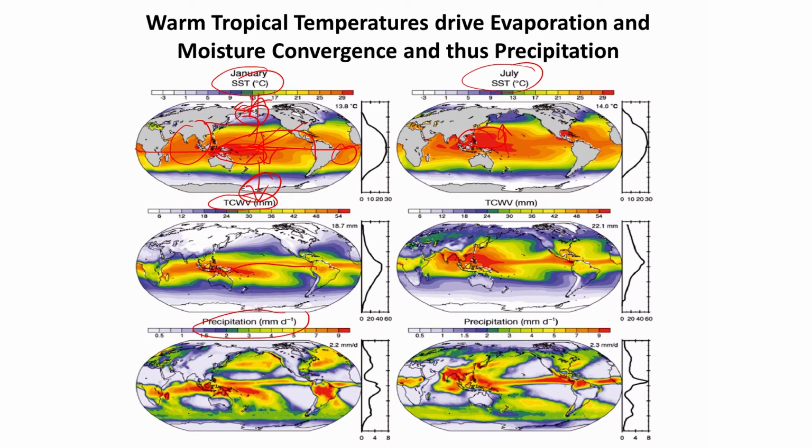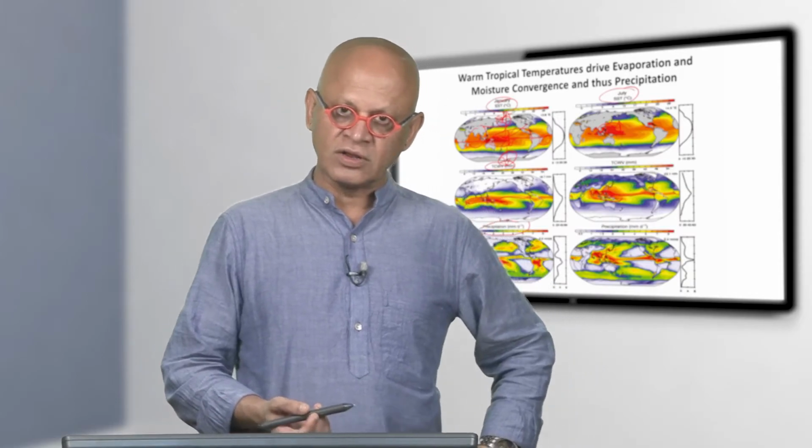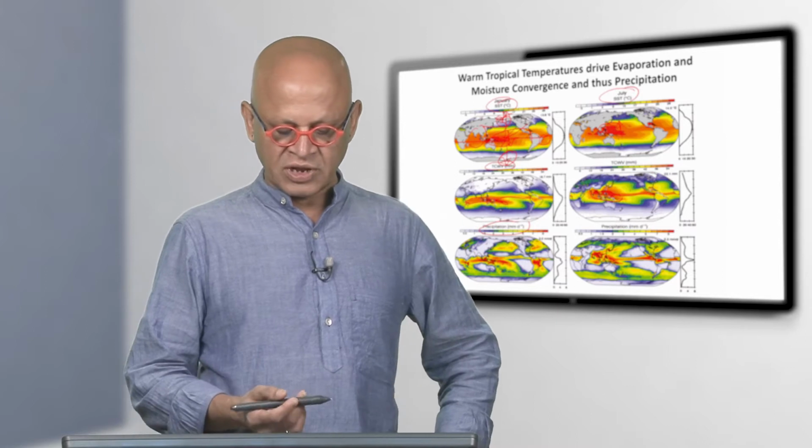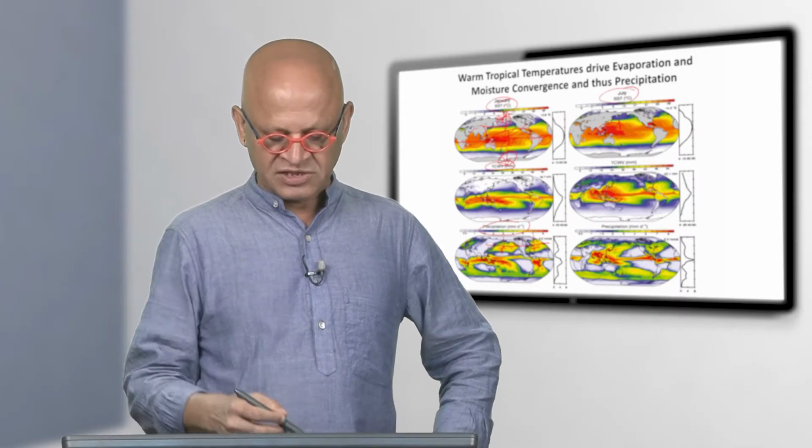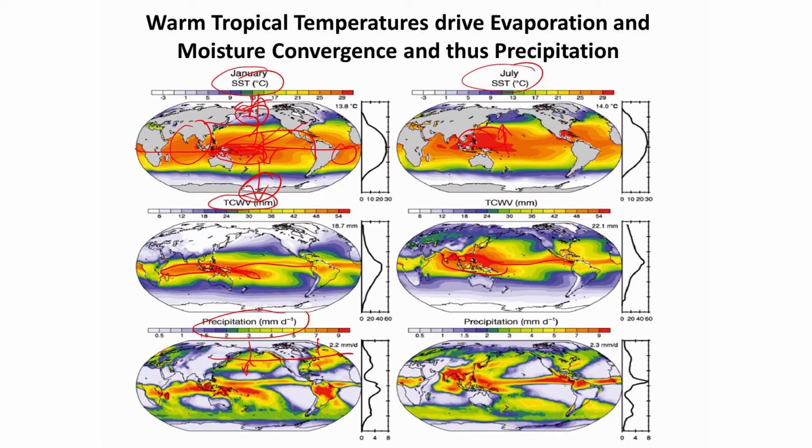So maximum moisture is essentially along what we called the ITCZ, the intertropical convergence zone, and we said there are also convergence zones at higher latitudes where the polar cell and the Ferrel cell and the Hadley cell meet. So there is rain there as well,